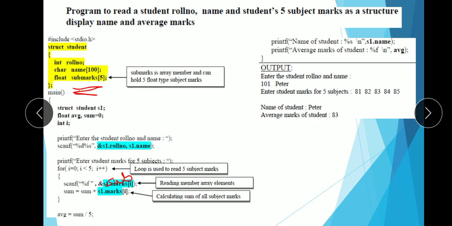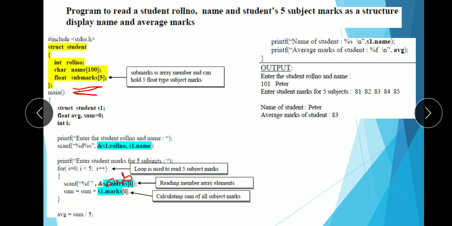I can use the printf statement and then I will specify s1 dot name because name is a member of the student structure. And in order to display average, I would say only average. I am not specifying it as s1 dot average. Why?